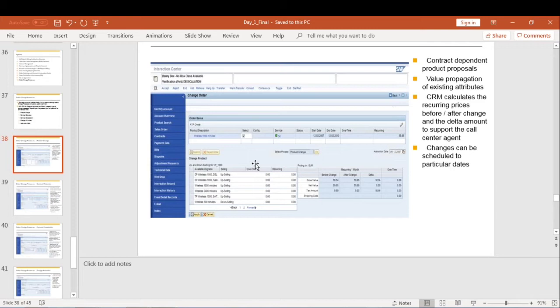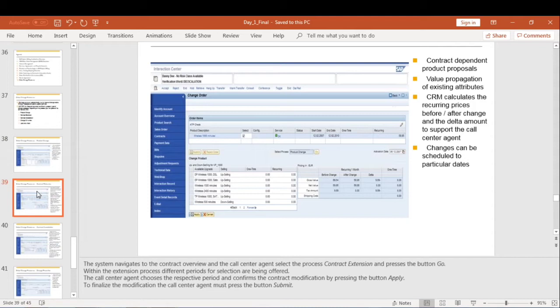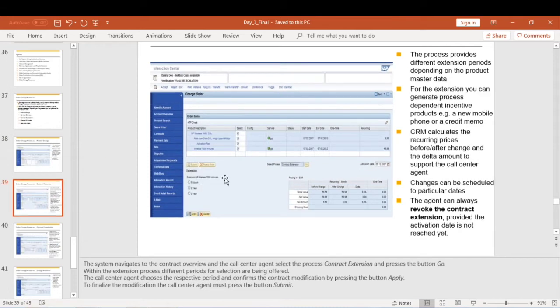The plan can be changed immediately or after the end of the month. Here you can see the start date, end date, these things. And contract extension: here we can see extension.